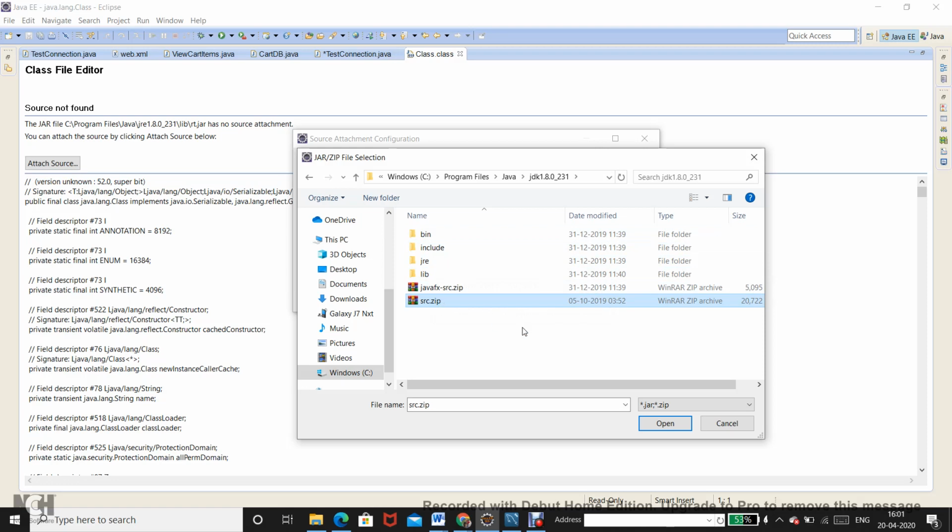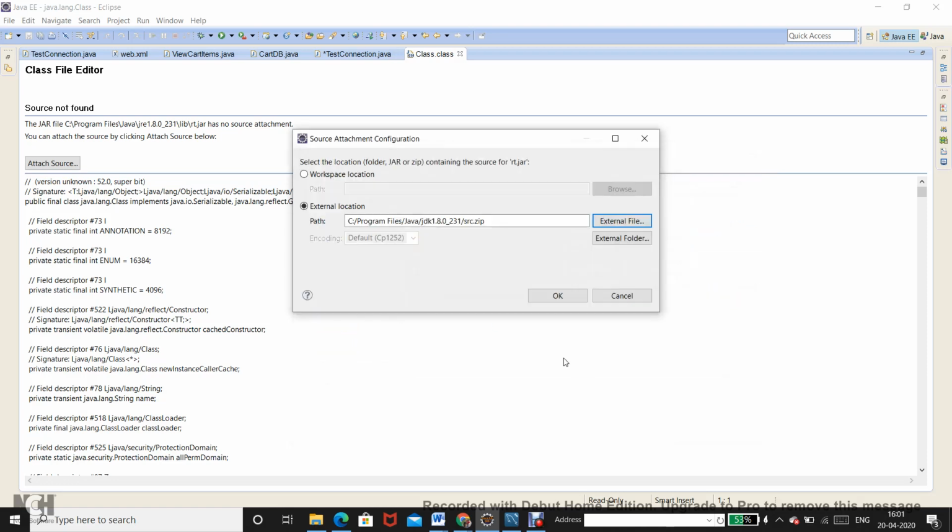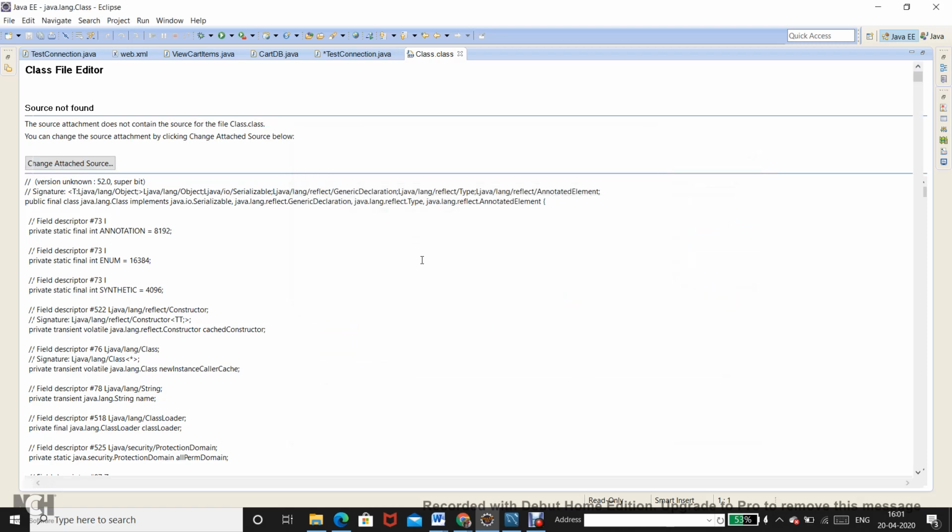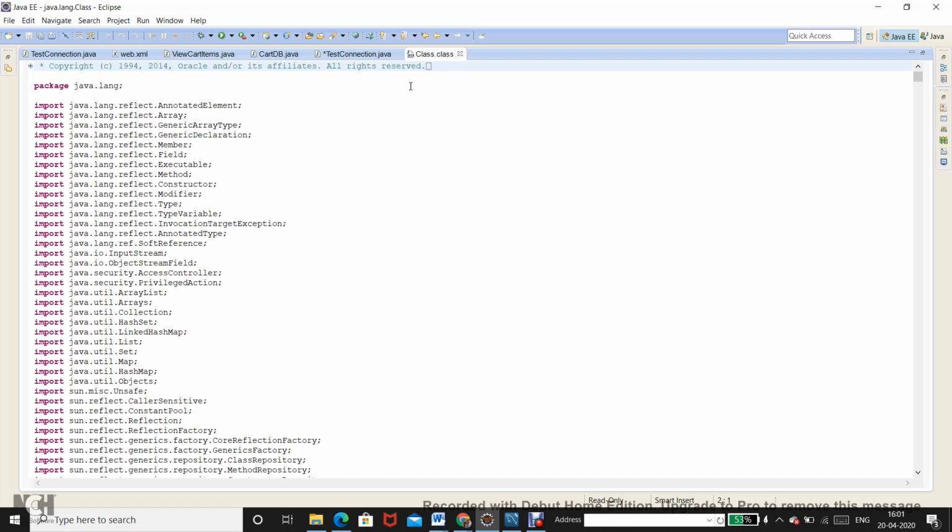This is where you get the Java source code. I am trying to attach the source code so that I can see the code of Class.class.